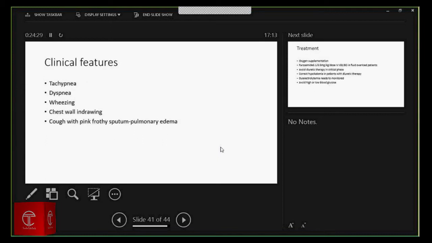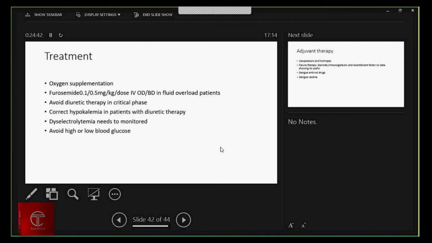Respiratory distress: basically they will have tachypnea, shortness of breath, wheezing, increased work of breathing like chest wall drawing, and cough with pink frothy sputum; suspect pulmonary edema. For them, treatment is supportive. So oxygen supplementation, and you might have to go further up, like ventilatory support such as HFNC, based on the clinical condition. Lasix, you can give 0.1 to 0.5 milligram per kg per dose once a day or twice a day